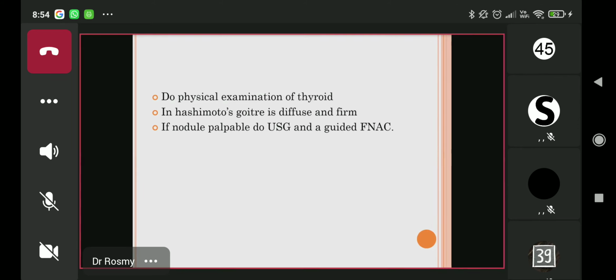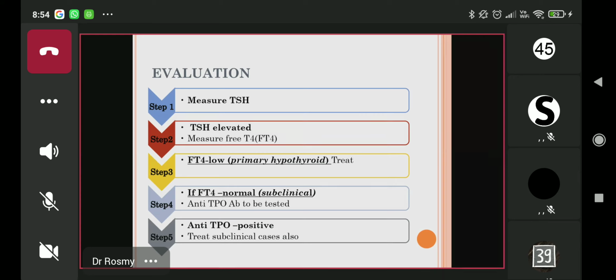Next is, now with all this information, you've decided that you have to evaluate this patient for thyroid. Hypothyroidism is what I am suspecting. So I will send a certain set of blood investigations. These are called the TFTs. In short, everybody will be writing in the OPD a TFT, that is thyroid function test. So what will you do? You will measure the TSH, thyroid stimulating hormone. If you send a thyroid stimulating hormone and you find that TSH is elevated... Now we have already known that there is a negative feedback loop. When the gland is producing sufficient hormone, there will be an inhibition of the TSH.